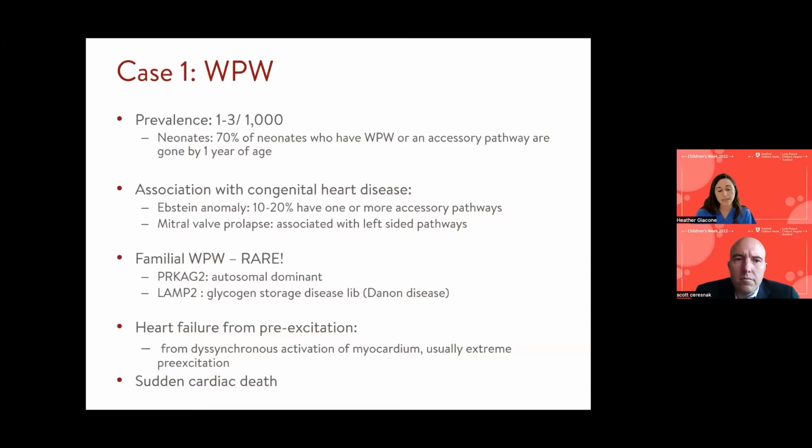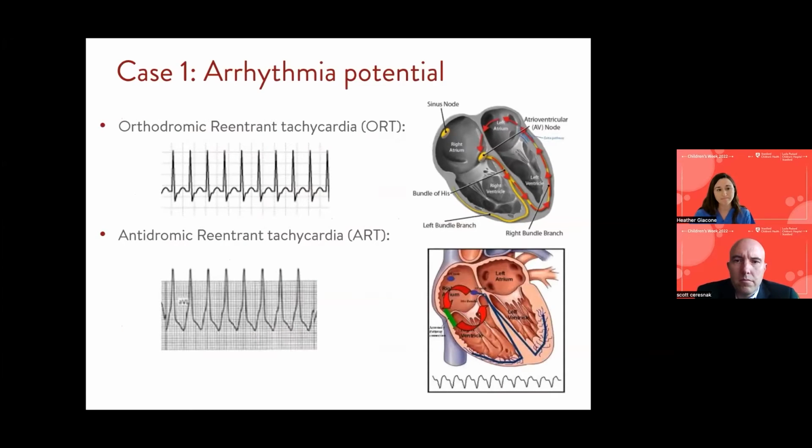And then we'll touch base on why this is clinically important to catch on our EKGs, because it does and can lead to sudden cardiac arrest. Before we get to sudden cardiac arrest, I do want to touch base on the arrhythmia potential for this extra accessory pathway. So there's 3 different rhythms that I'd like to touch upon right now. The first being 2 types of SVT. So it's 2 types of supraventricular tachycardia.